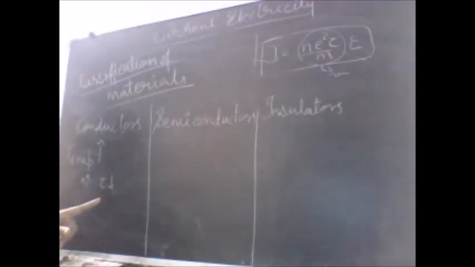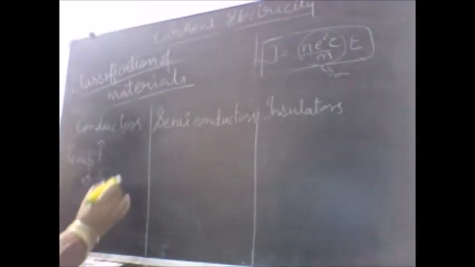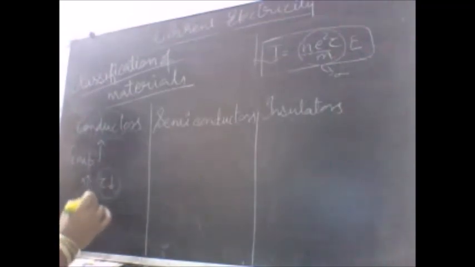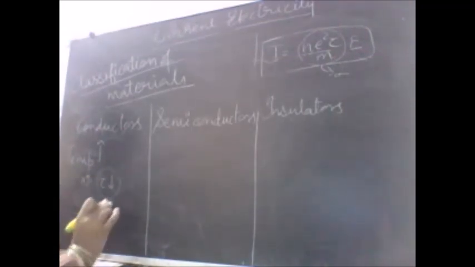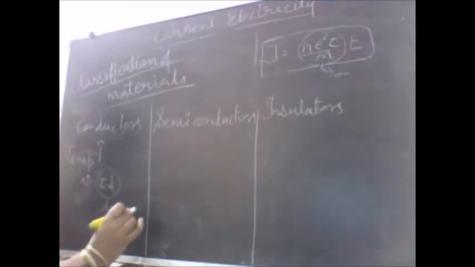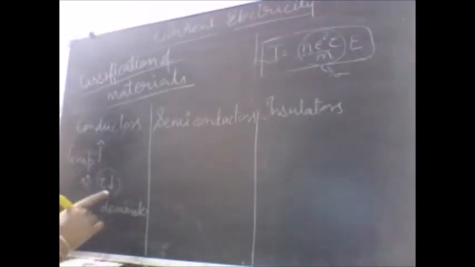Relaxation time is the time available to the electron in between two successive collisions. That means when n increases rapidly, collisions will happen very frequently. When the collisions happen very frequently, the relaxation time will be very less, it will reduce. We observe that when we increase the temperature, the fall in the relaxation time dominates. Of course both things are happening side by side, but this fall in the relaxation time dominates over the rise in n.